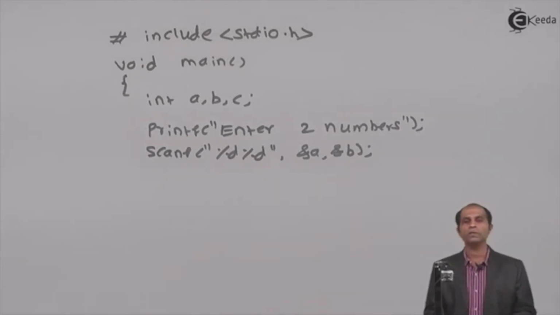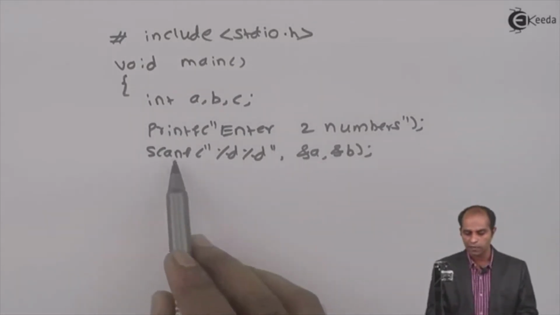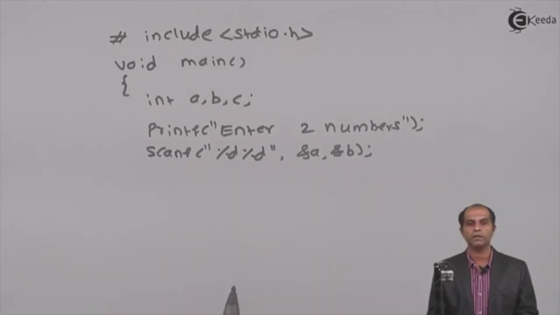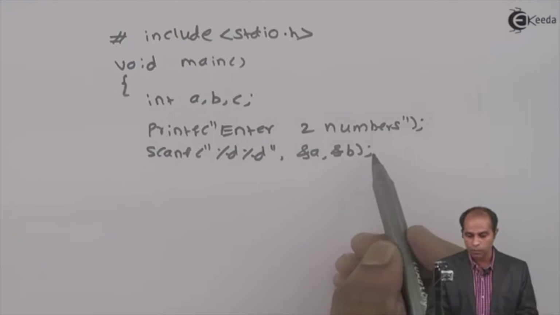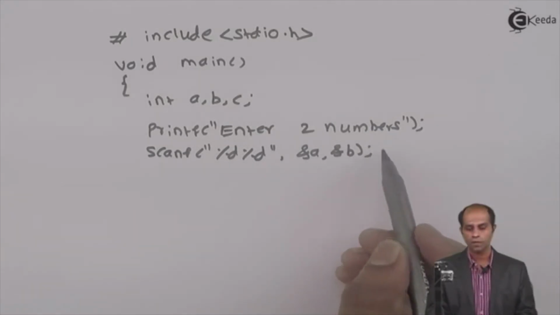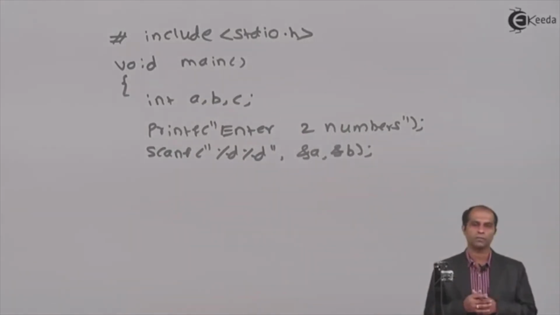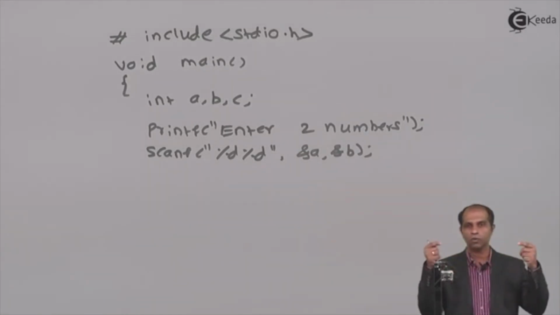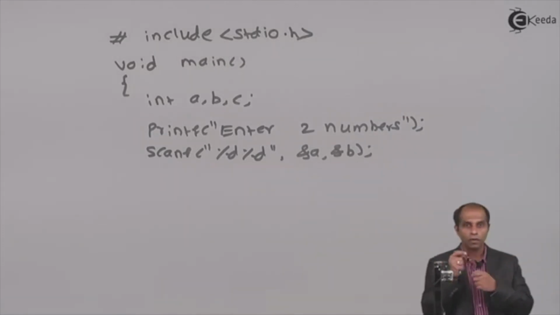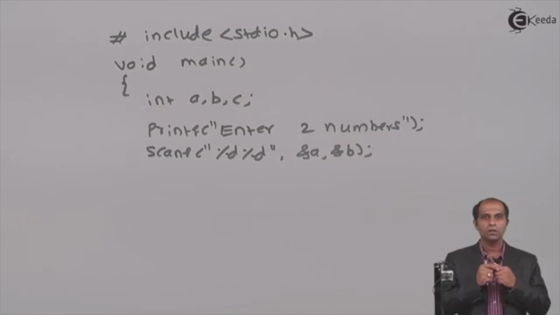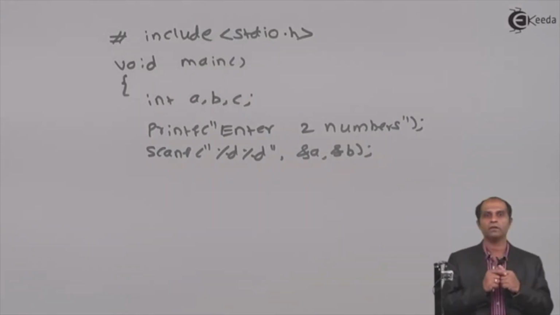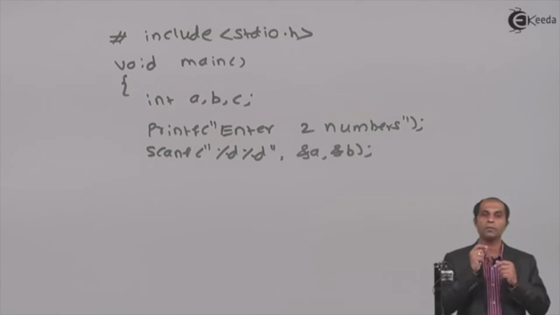Now, if I compare this with the previous example, I have scanf %d, comma, ampersand of a, ampersand of b. This is the one which is actually responsible for reading the inputs. But when I say printf enter 2 numbers, this will just make the program interactive. It means that on the output screen, you will display a message, enter 2 numbers, and then next to that message, you will enter 2 numbers. What advantage do I get by this? The user will not be able to make a wrong entry. The user will always make a proper entry for the inputs.